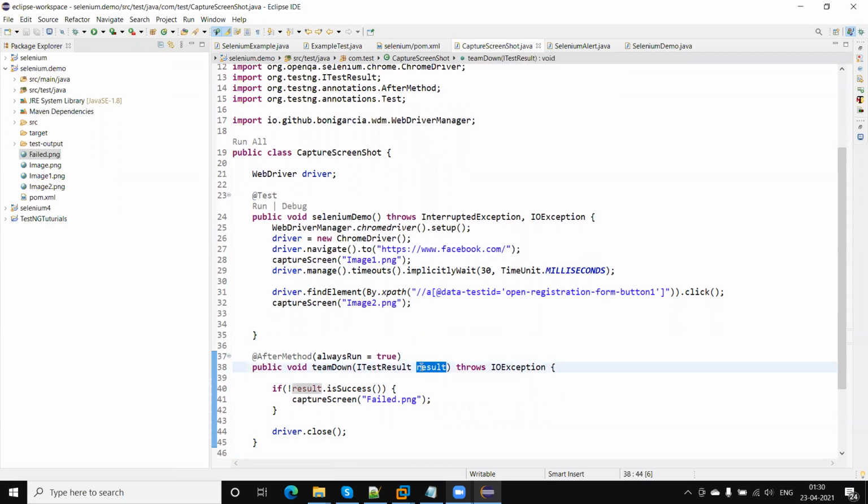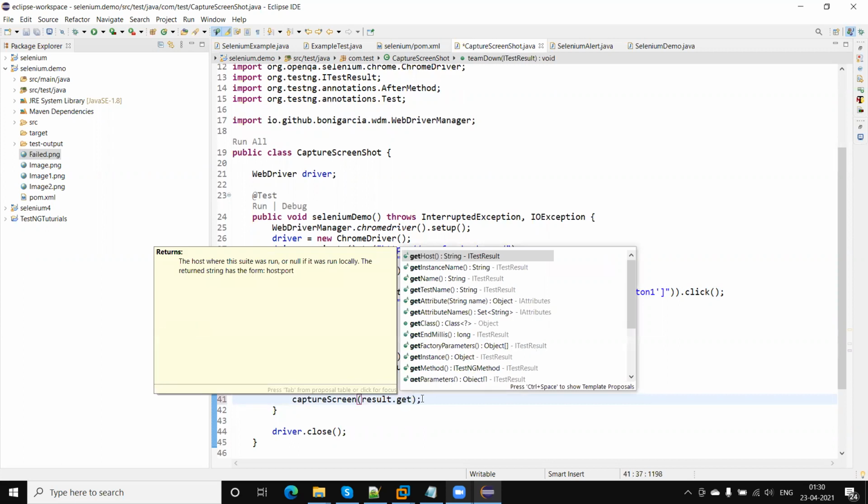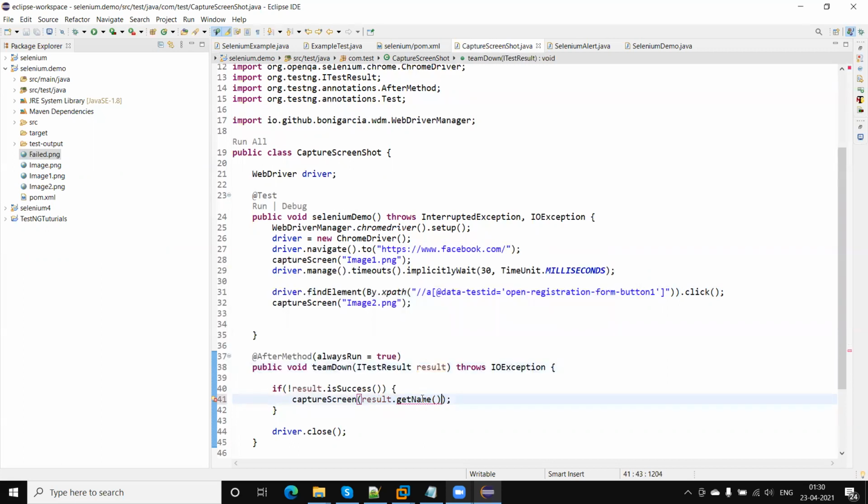We know each and every method that is defined will be unique. So we can call here result.getName. That will return the method name, and then we can use this as a file name.